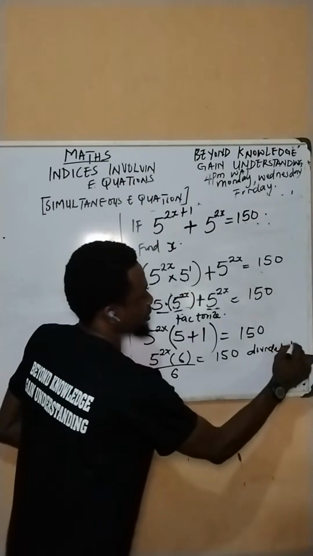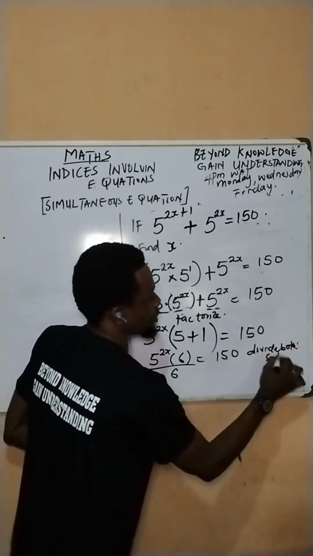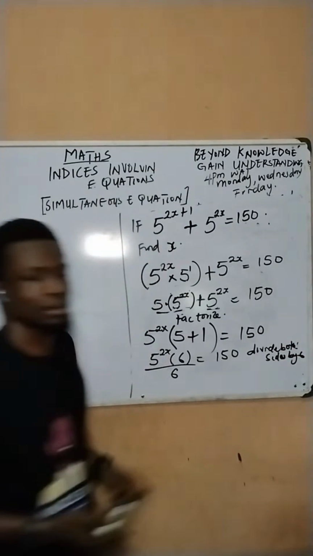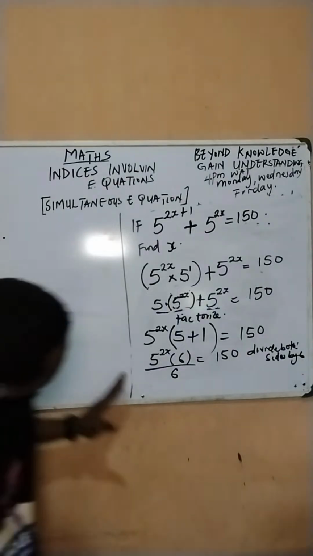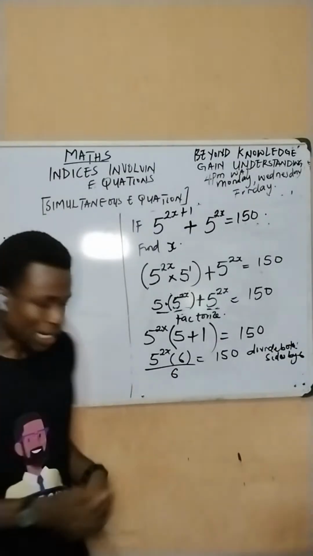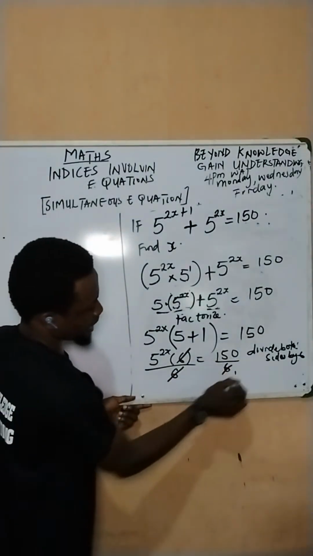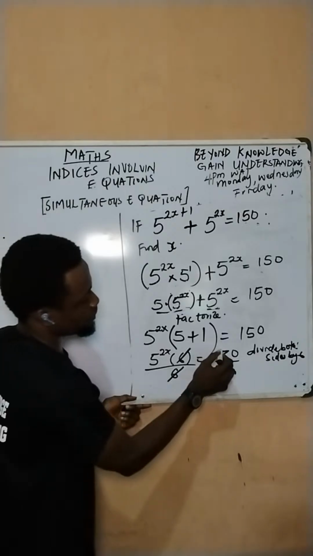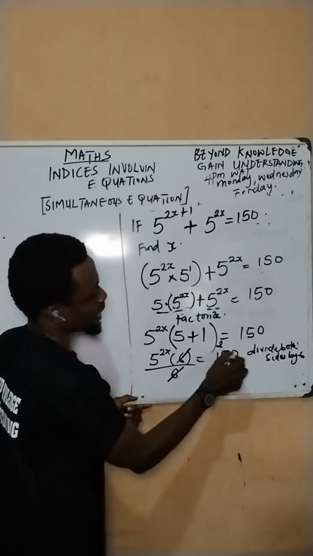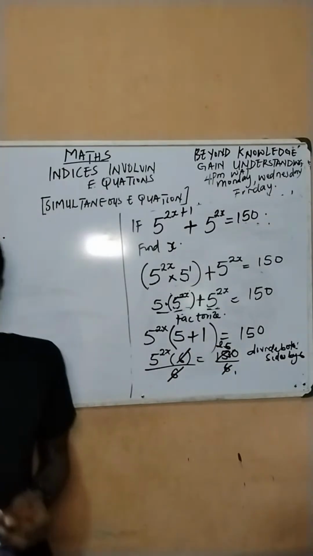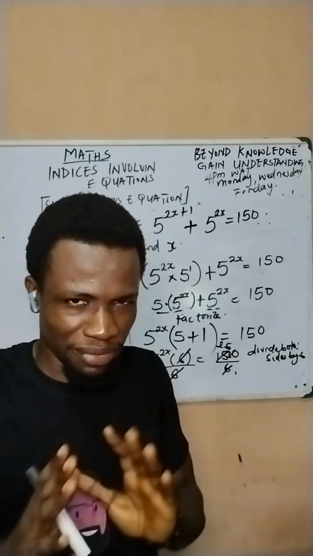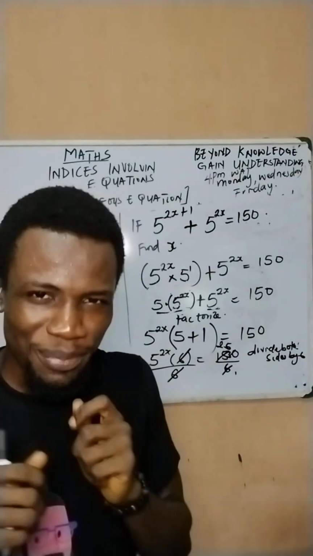Divide both sides by 6. That's another thing that I can do here. If I choose to divide both sides by 6, what's going to happen? 6 will clear out 6 here. And 6 divided by 150, 6 divided by itself is 1. 6 divided by 115 is going to give us 2 remainder 3. And 6 divided by 30 will give us what? 25. So we see that it's now simplified in a way that we can apply some basic laws of indices